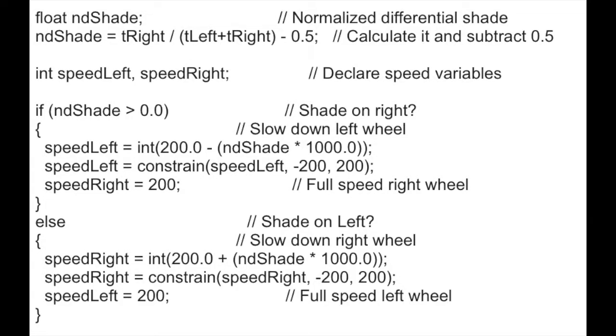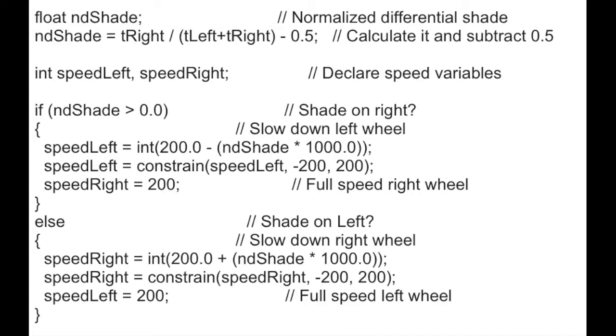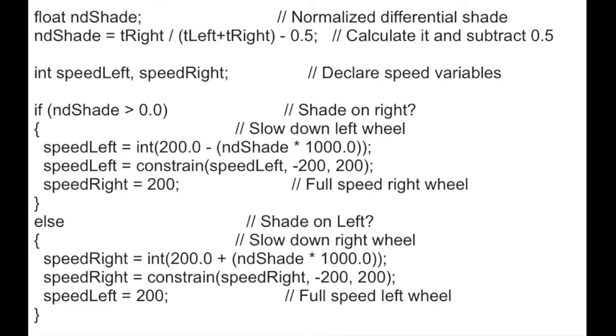On the other hand, if T right is lower than T left, then the first part of the equation will be lower than 0.5. After being subtracted by 0.5, it will be a negative number, which leads to the else section. In the if section, let's see, if T right, which is the shade of the right phototransistor, has